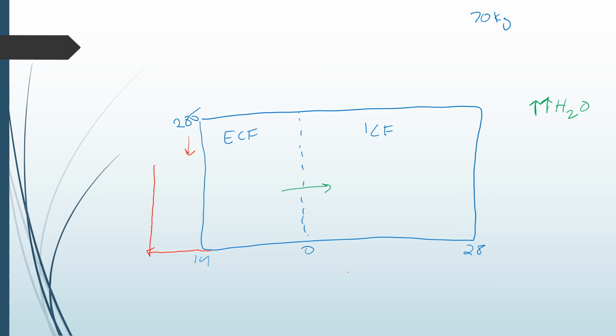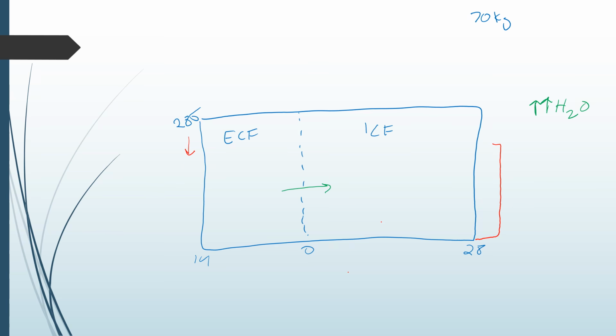So let me redraw the line there. So in the end, what will happen is this might come up a little bit because it concentrates a little bit more, but it's diluting the ICF, so its concentration has gone down. Meanwhile, the ICF's volume has gone up, which is why I'm drawing the box going out a little bit further. Meanwhile, the volume in the ECF,